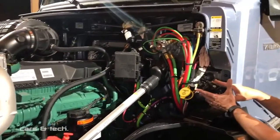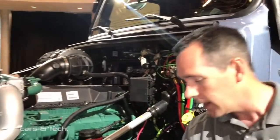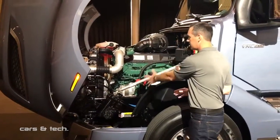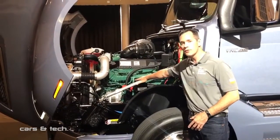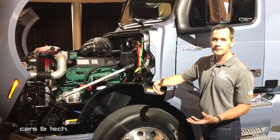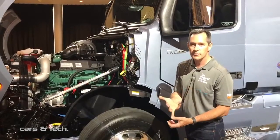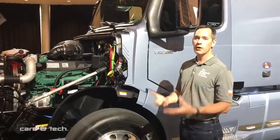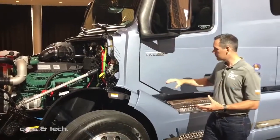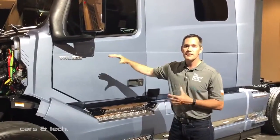Now the hood mount has been moved rearward. We've opened up the inner wheel well, and the bumper end cap is still removable. So there's plenty of access to service the engine, to check your fluids for your pre-trip inspections. Everything that the designers have done has been based on feedback from drivers, feedback from service. We listened to you and we brought a product to you that is answering a lot of the needs that many of you have. So the VNL 760 is not only a new number, this is a completely new truck